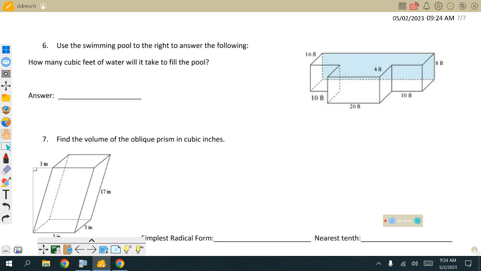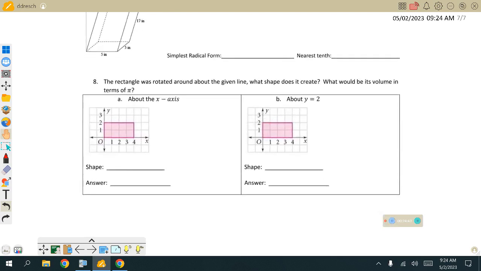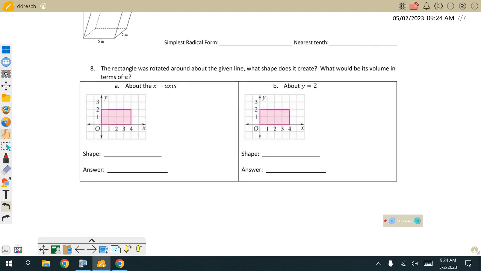All right, let's flip it. Let's take a look at the back side then. On the back side, again, we're kind of running out of time, so I want to make sure I get to at least number 8 down here. All right, we talked about revolutions yesterday. As we revolve this about the x-axis right here,